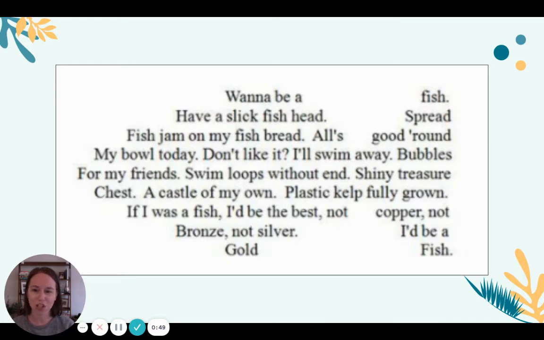Wanna be a fish, have a slick fish head, spread fish jam on my fish bread. All's good round my bowl today. Don't like it? I'll swim away. Bubbles for my friends, swim loops without end, shiny treasure chest, a castle of my own. Plastic kelp fully grown. If I was a fish, I'd be the best. Not copper, not bronze, not silver. I'd be a goldfish. That poem really describes a goldfish in its bowl, and the words make the shape of